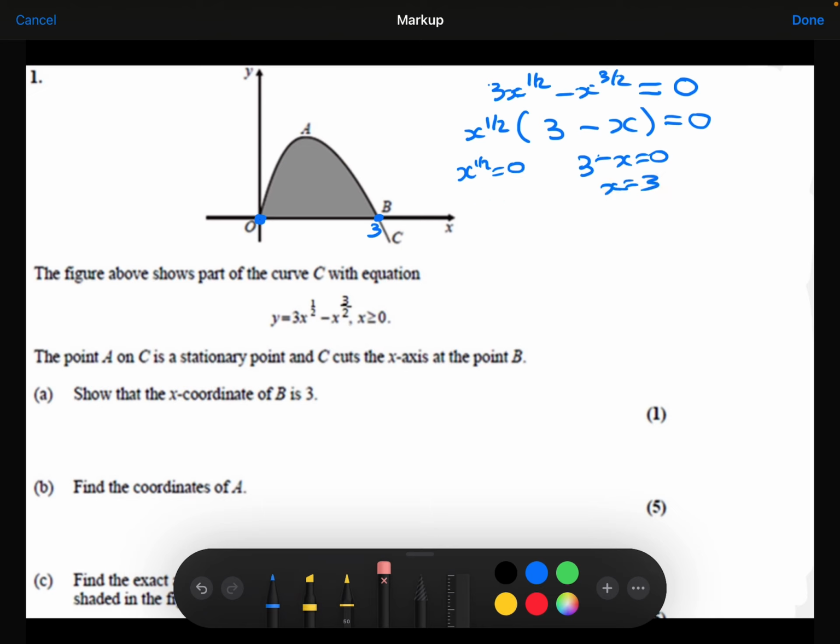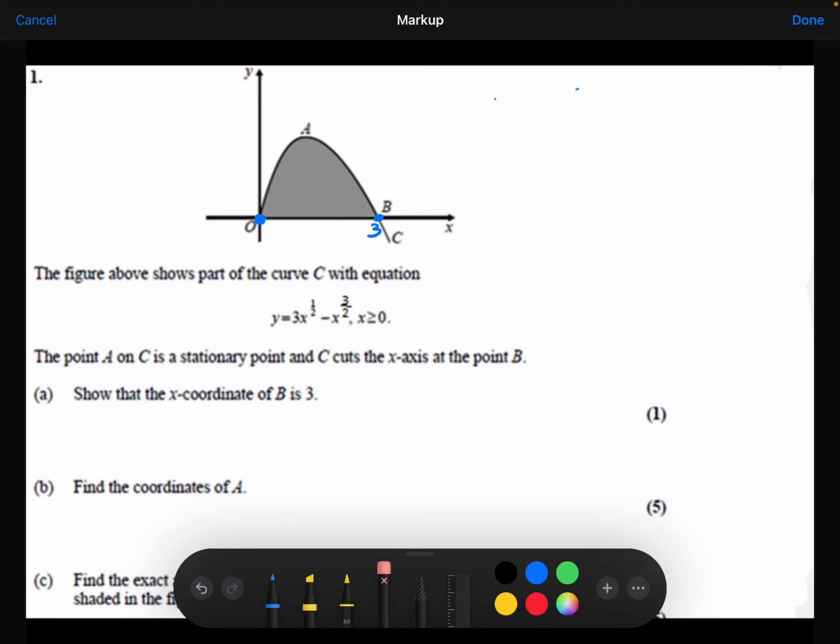Part B, we need to find the coordinates of point A. Now, we were told about point A in the question. We were told that point A was a stationary point. So that means that at that point there, we know that the gradient is equal to 0. So if I take my function and differentiate it,